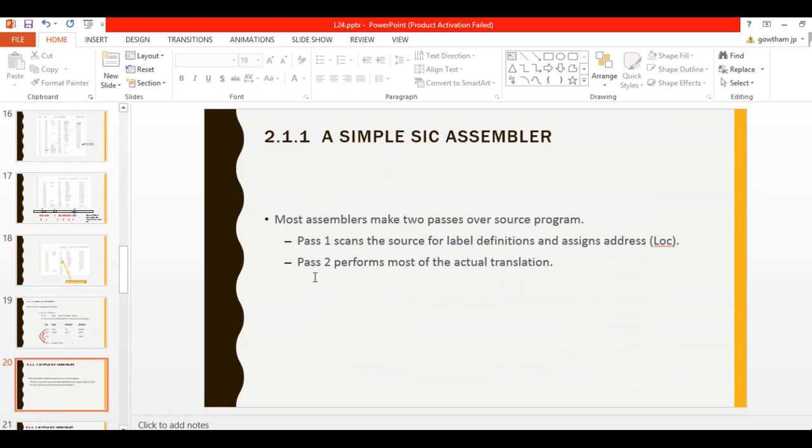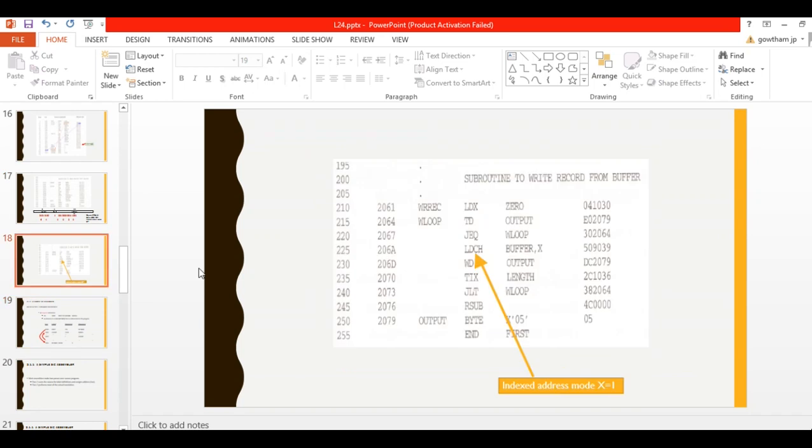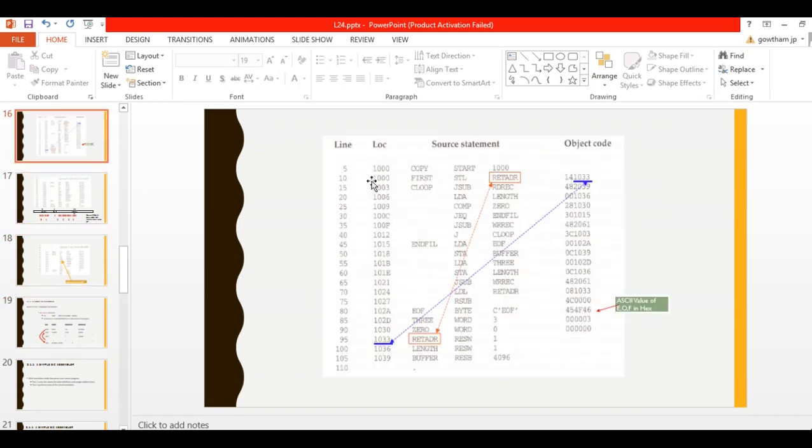Then in pass 2, the object code will be generated. So now the forward reference problem is resolved, because the location counter values have already been generated and stored in a symbol table. Whenever the object code is generated, it refers to the symbol table. If the symbols are not available, then it will generate an error.